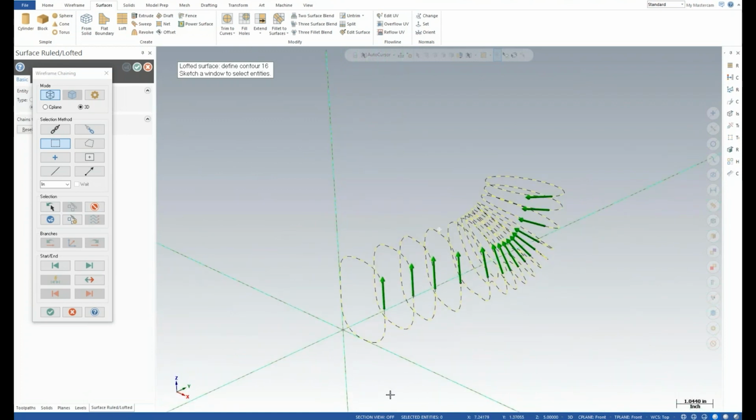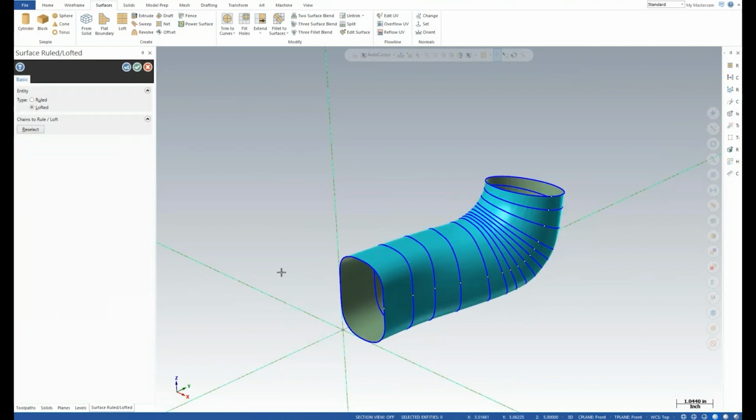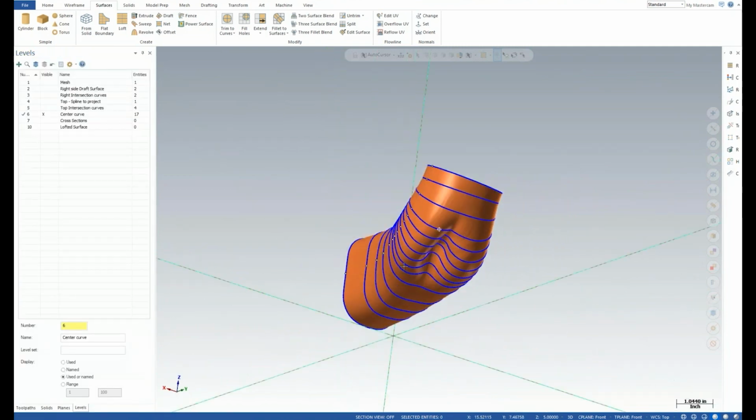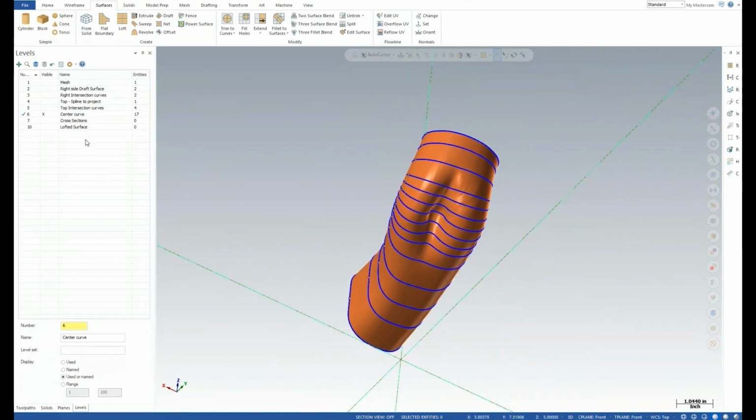They're all going the same direction, which is good. And I just happen to know that I actually want them to go the other way. So we're going to hit OK. And so there we have a lofted surface created through those cross sections that were developed from the mesh itself.